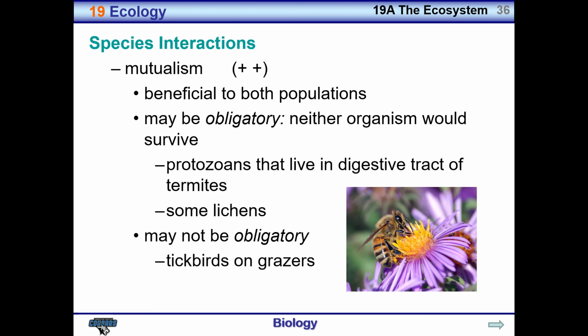An example would be the tick birds that are found in Africa that live on the back of wild animals that are grazing, and they are picking off the ticks and the other parasites that the grazer has on its back. So if the animal grazer could survive